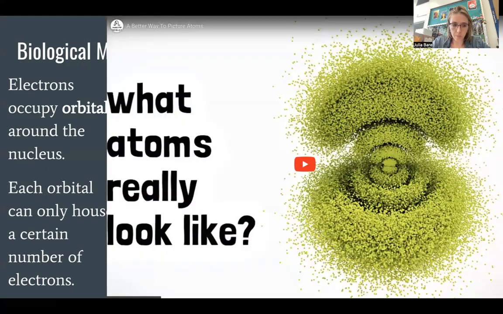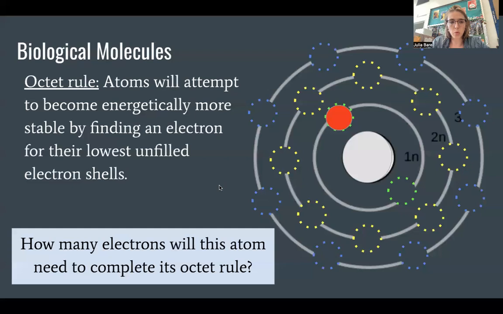Now, each orbital can only house a certain number of electrons. So if we go back to our model of an atom, each of these little dotted circles represents a possible electron that the atom can hold in that orbital. Most atoms will attempt to fulfill what's called the octet rule. The octet rule states that atoms will attempt to become energetically more stable by finding an electron for their lowest